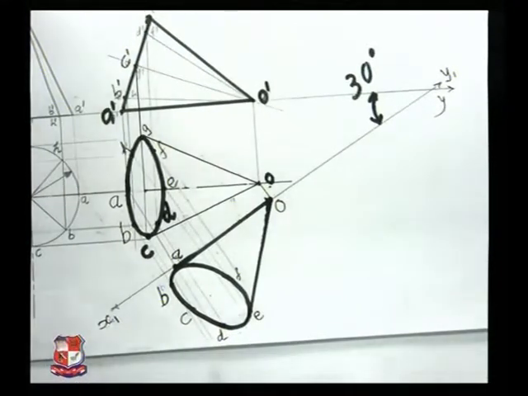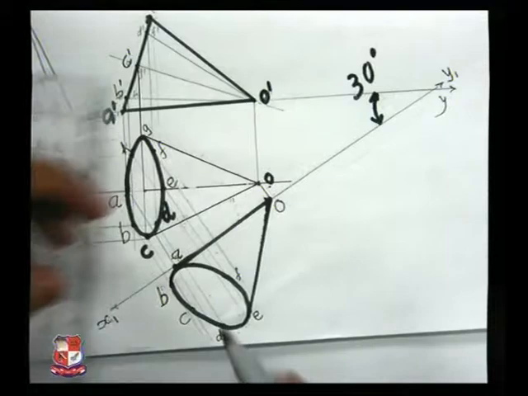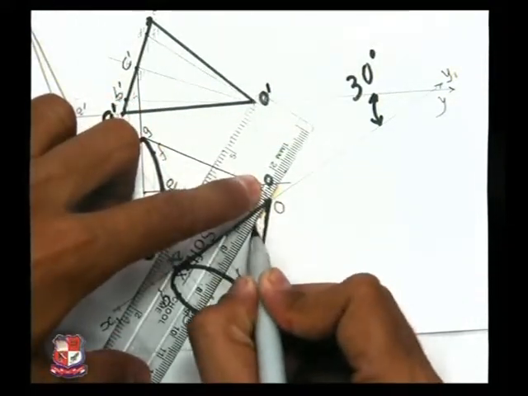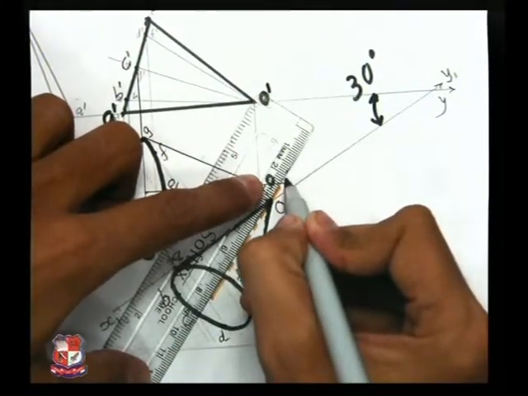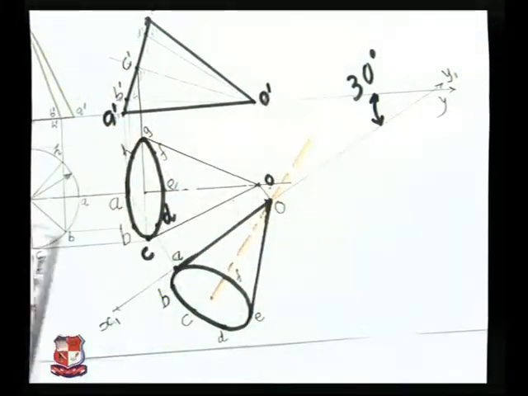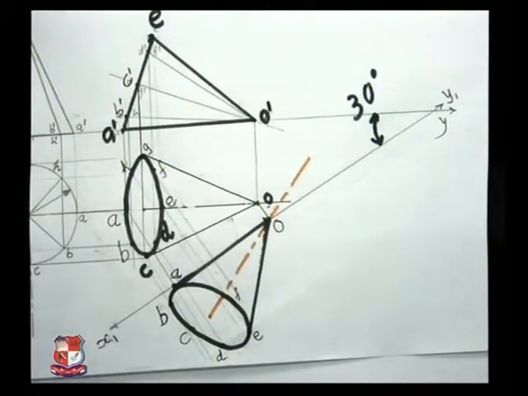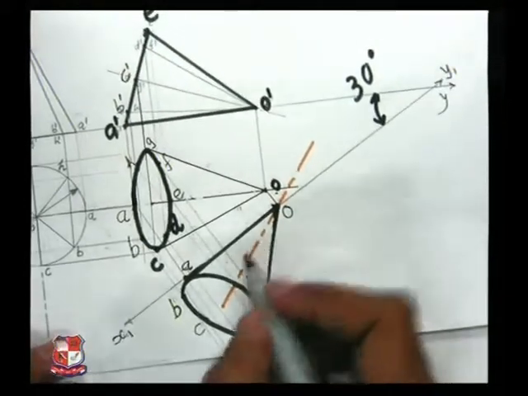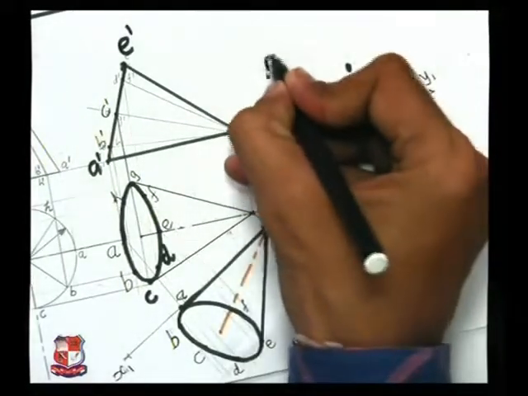So this is the base of the cone, and also draw its axis. Its axis would be here. We know the axis is represented by long dash and small dash like this. So this is the axis of the cone in front view. Of course, this is not top view, this is front view. So name the view like this. In examination, it's compulsory to write the name of the view.